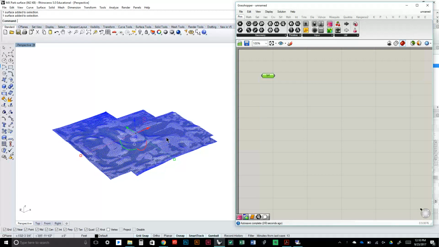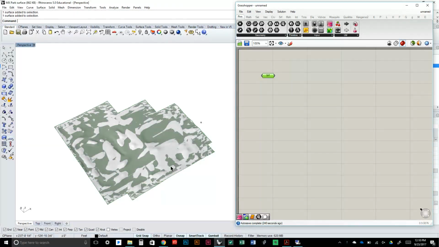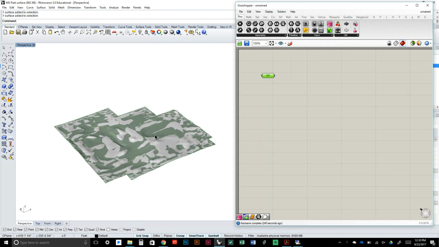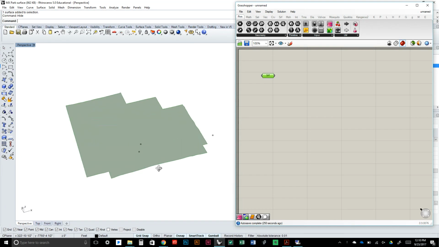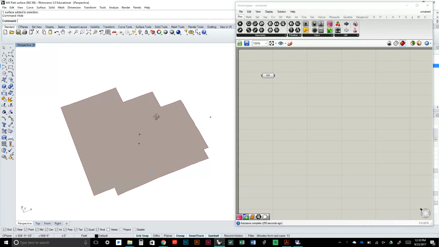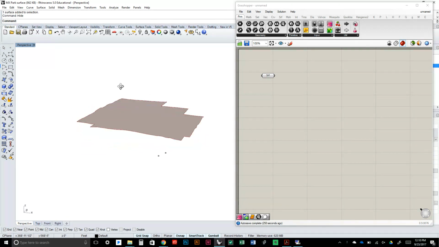Okay, so we got our surface again. You can see that there's a lot of clipping of material. So I'm just going to select the surface in Rhino and type hide. And now I just have my highlighted green. So the first thing we're going to do to this, we're just going to incrementally build onto the